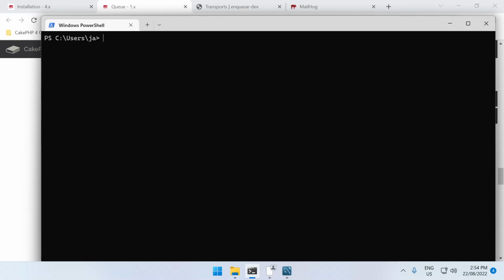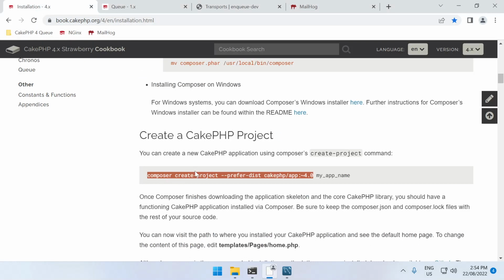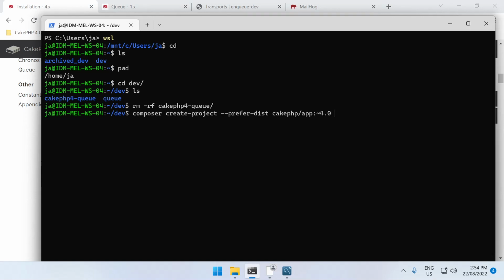So if you start a Windows terminal and get into WSL, make sure that you're never in anything that says MNT/C, because that'll be very slow. But move across to your Linux folders within WSL, and then you can create, I'm just going to remove that because we've already, going to start from scratch, so to speak. So here we go, CakePHP 4Q,